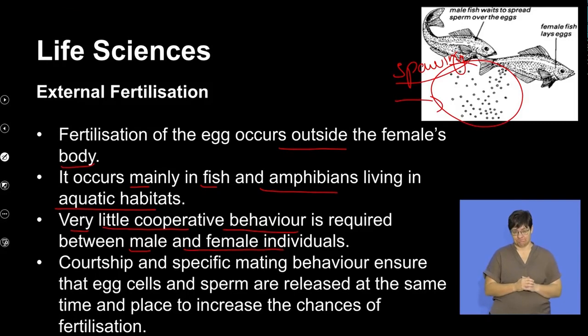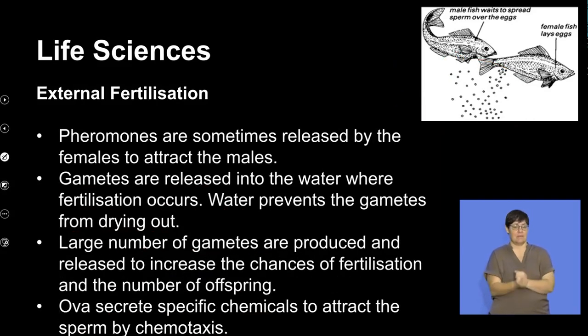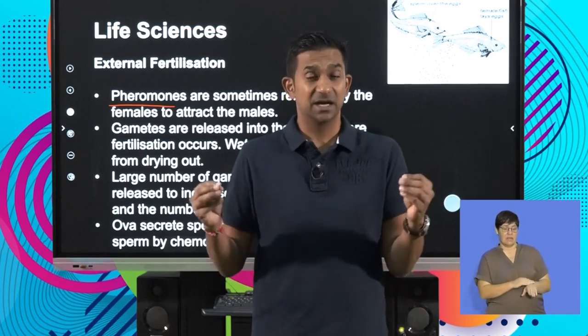We find that there's courtship and specific mating behaviors that ensure the eggs and the sperm are released at the same time and place to increase the chances of fertilization occurring. Often there are pheromones that are released, and sometimes these pheromones act as chemical stimuli to announce to the other mating partner that the process of reproduction should be timed and that eggs and sperm are released at the same